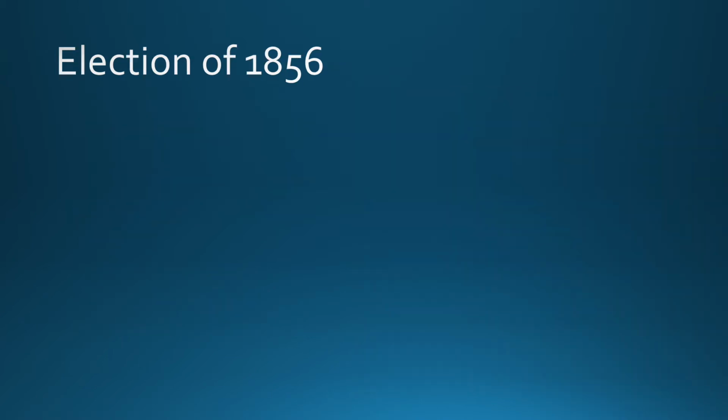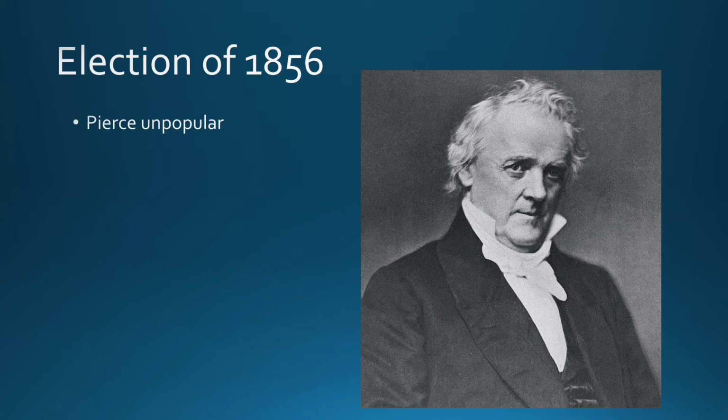Okay, so amidst all this craziness, it is 1856. Every 4 years we're scheduled for a presidential election, and there's no difference here in 1856. If you remember, the Democrat Franklin Pierce was elected president in 1852. Pierce was extremely unpopular, and even today he goes down as one of the worst presidents in American history. Remember, he was a pro-slavery Northerner who had to put the Ostend Manifesto together to try to acquire Cuba. Just not good stuff.